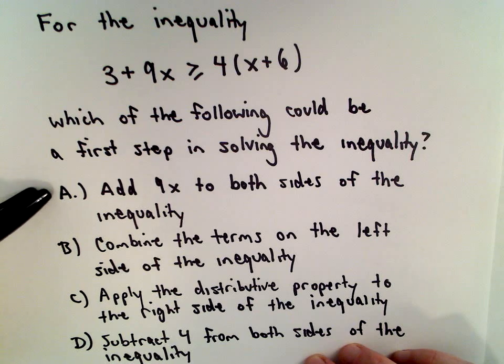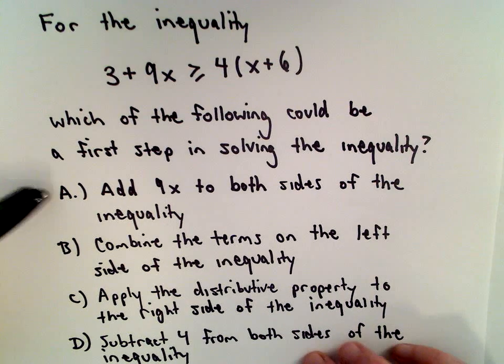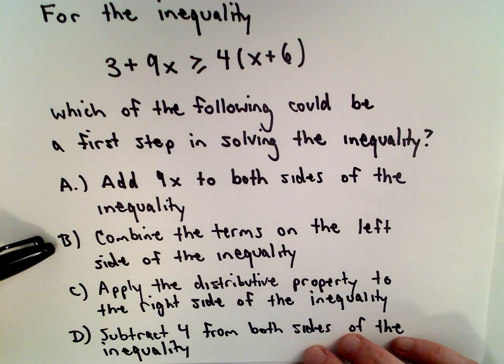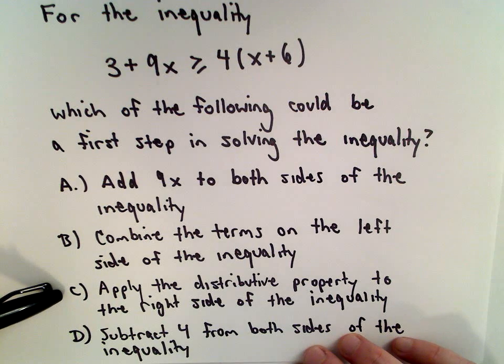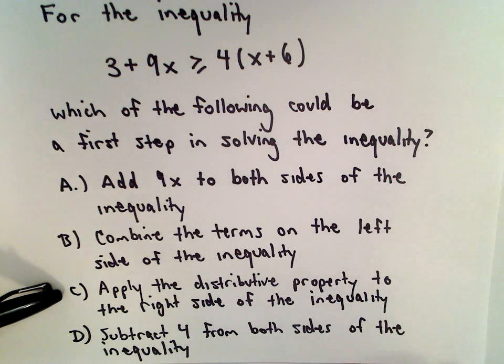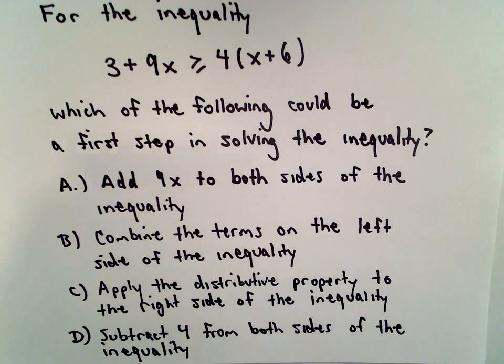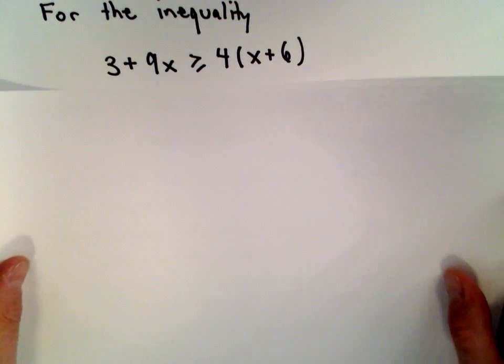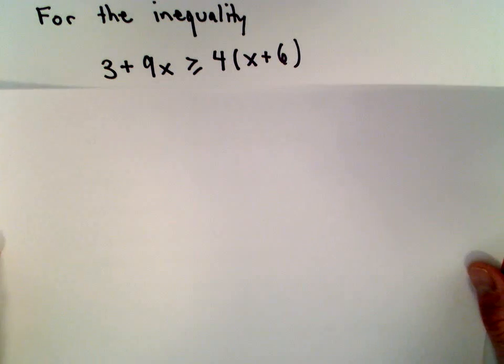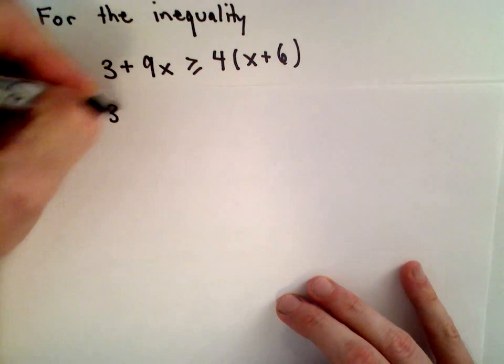So we've got four choices here. A says add 9x to both sides of the inequality. B says combine the terms on the left side of the inequality. C says apply the distributive property to the right side of the inequality. And D says subtract 4 from both sides of the inequality. So let's just go through each one of these. So part A says